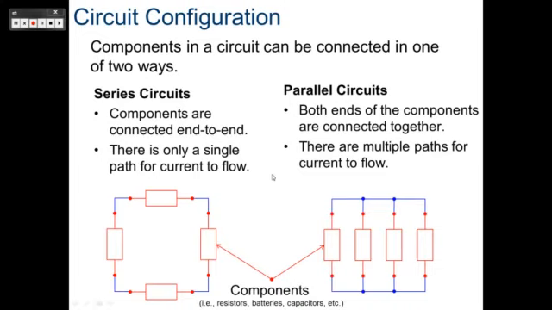Something that stands out in series circuits that I'm going to say numerous times: in series circuits, the voltage changes from component to component. They call it a voltage drop. When I add all the voltages together, it gives me the total voltage into the circuit. The current does not change in a series circuit. In a parallel circuit, my current changes from drop to drop, or from component to component, but my voltage does